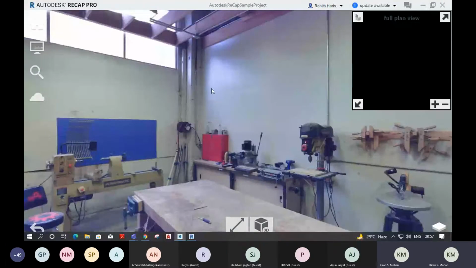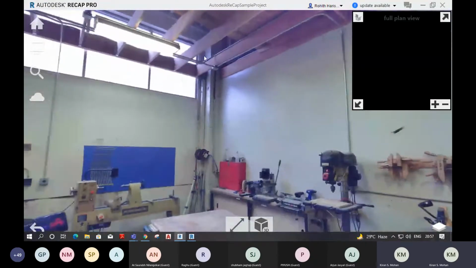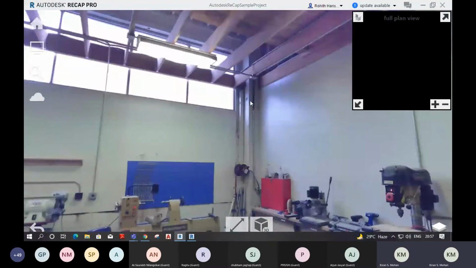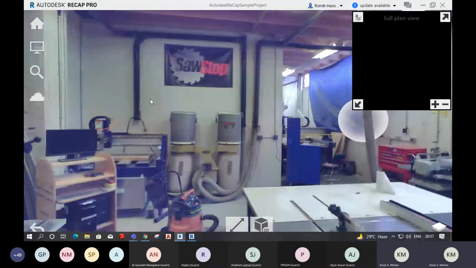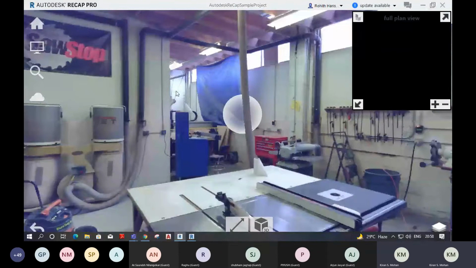Here I can see a column. On the right side also there is a column. So two columns on the right side, and on the left side there is one column here and another column here. So there are 4 columns. And we are not considering this room because we don't have much data about that room. We have only a portion of that room, so don't consider that. We are creating a model for the first row, the main row.